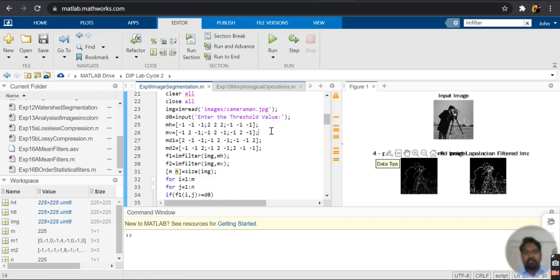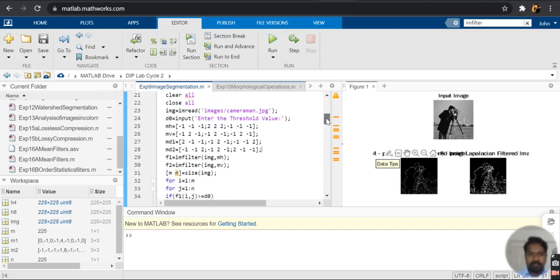Right. So here we are using 4 different masks. So we are talking about segmentation of lines. In segmentation of lines, we have 4 different masks, because lines can be horizontal, vertical, or diagonal. So MH represents a mask which focuses on lines that are horizontal. MV focuses on lines that are vertical, and MD1 focuses on lines that are diagonal. You have 2 angles of diagonality, so MD1 and MD2, and accordingly the masks are defined.